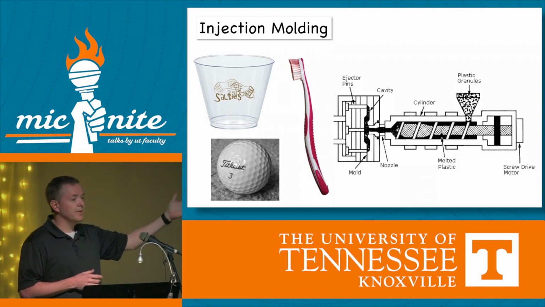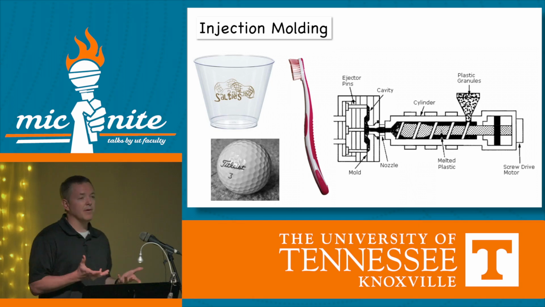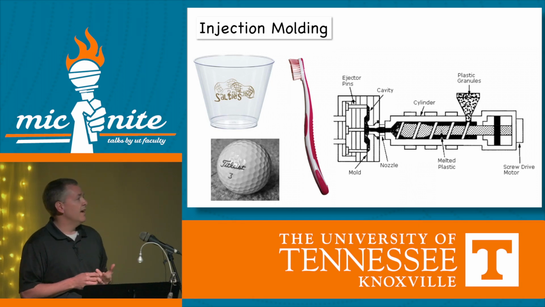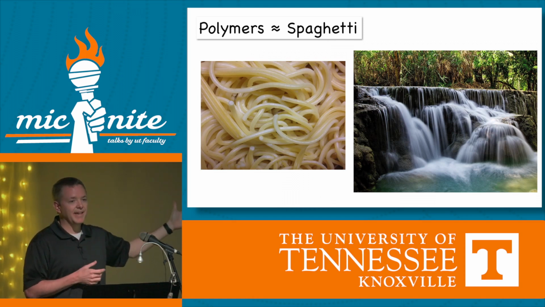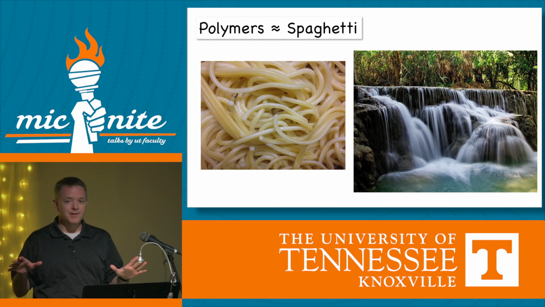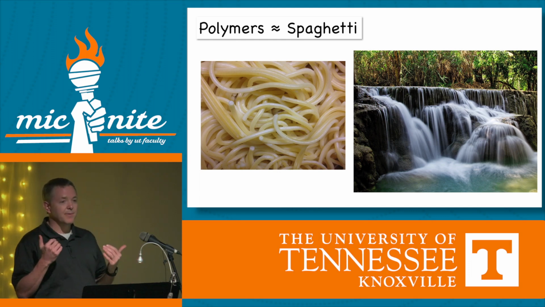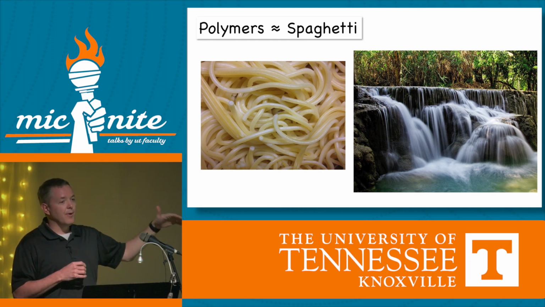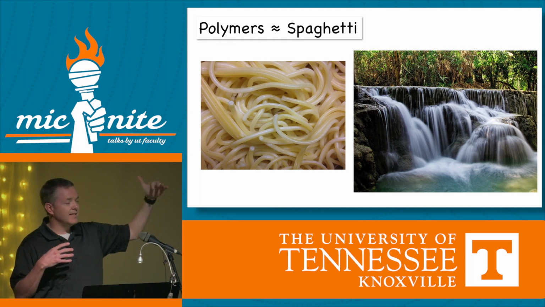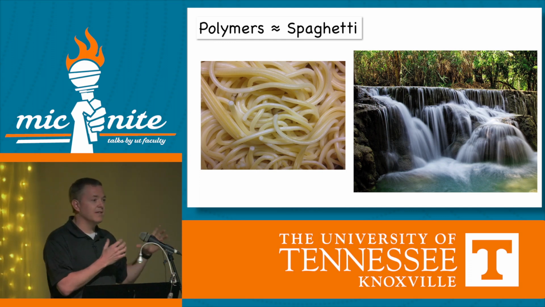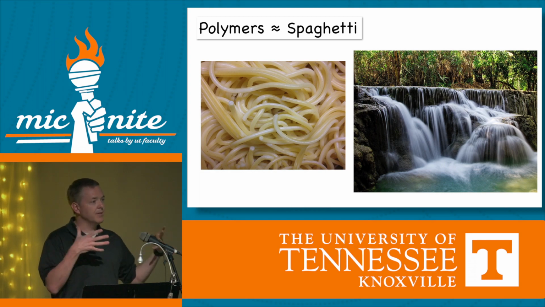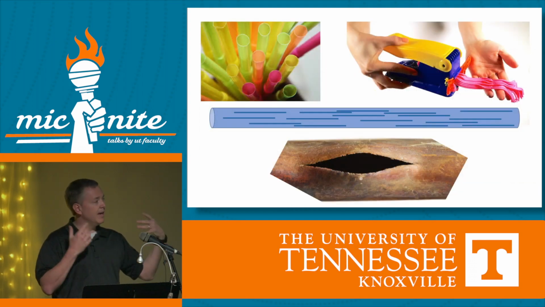Looking at an injection molding process, we're using polymers, thermoplastics, that sort of thing. Now, as a dumb old mechanical engineer, we look at polymer chains as spaghetti. And I know I just offended all the chemistry people in the room, right? But that's the way we think about them. And if you flow these long polymer chains, they tend to flow align. They align with each other. So as you're injecting them into these processes, all those polymer chains are aligning with one another and creating that